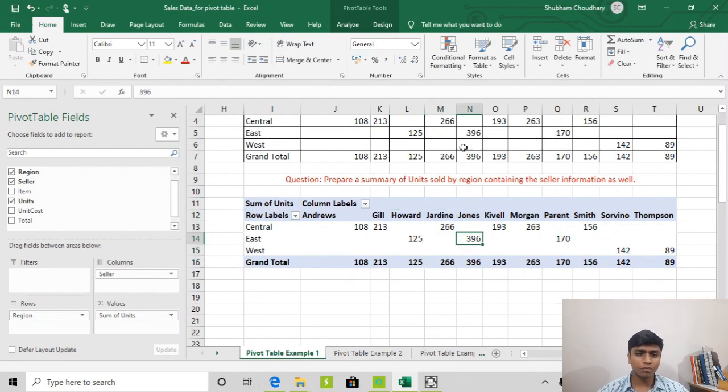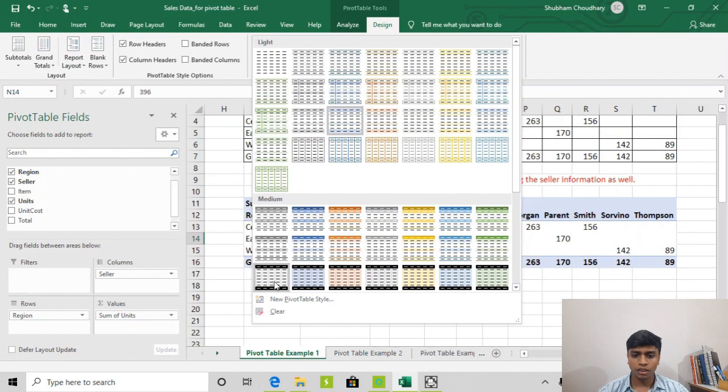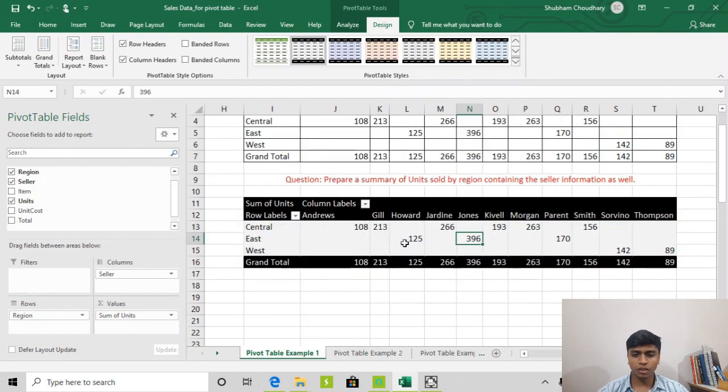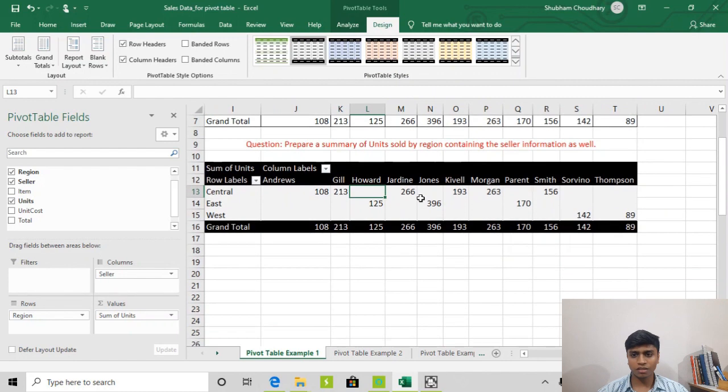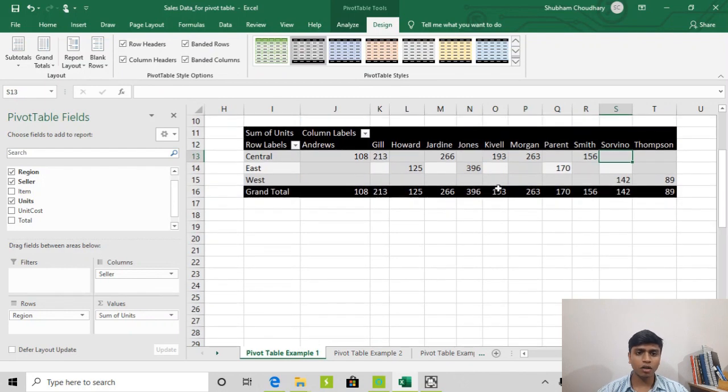We can do some designing of the table as well, like having some format of the table the way we want. For example, if we want some headers or some proper formatting, we can do that from the Style tab. Apart from it, we have the option of banded rows like this. You can see this is very dark, this is lighter. There are banded rows and banded columns as well. So the columns have also been banded now, dark and lighter. So this is somewhat the designing of this pivot table.